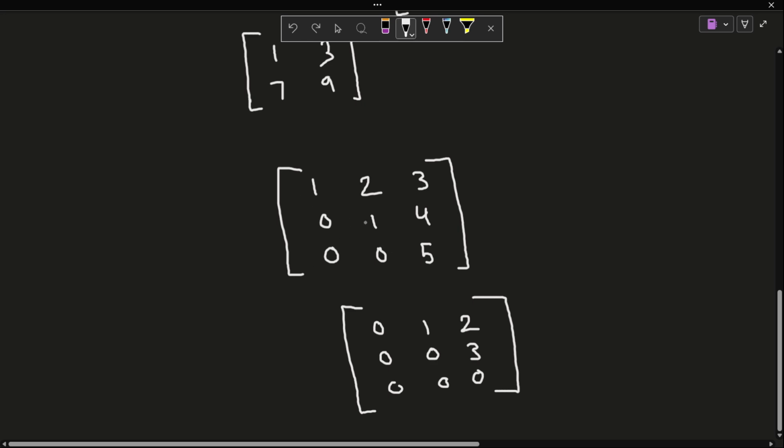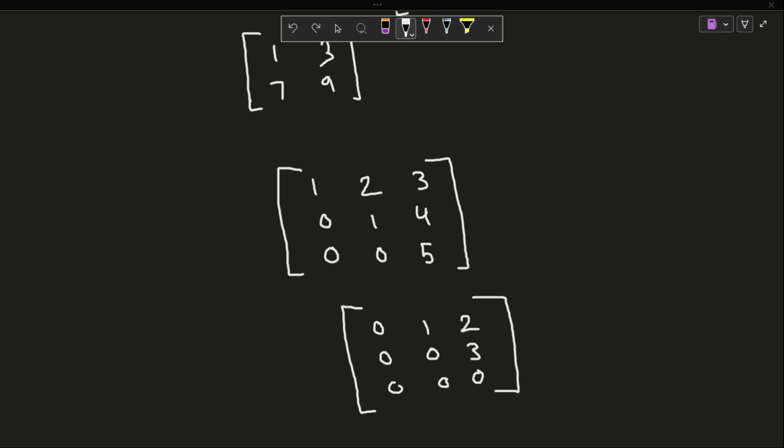and if this were lower triangular, then everything above the diagonal, so all of these would have to be 0, and then these could be whatever. And that would define upper versus lower triangular. Okay? And I think that actually will conclude the special matrices that I wanted to talk about.